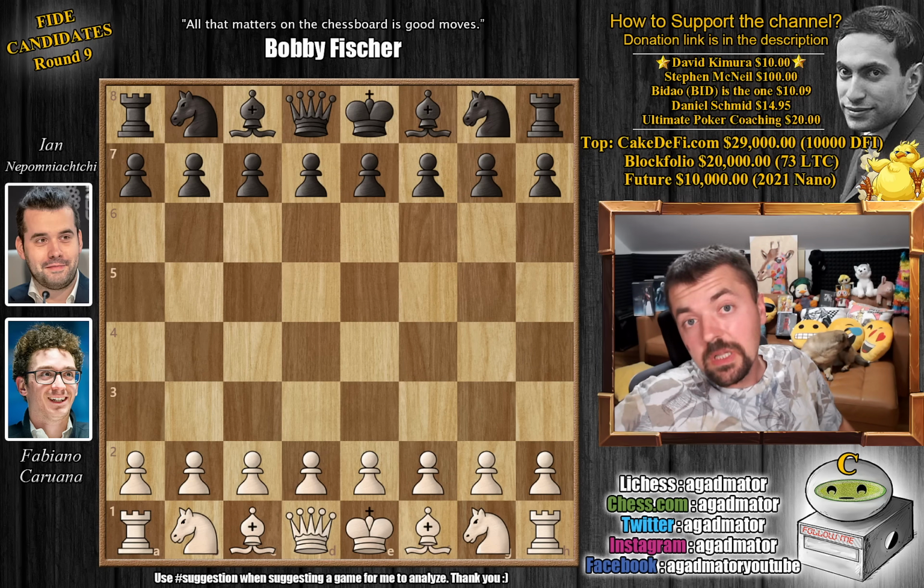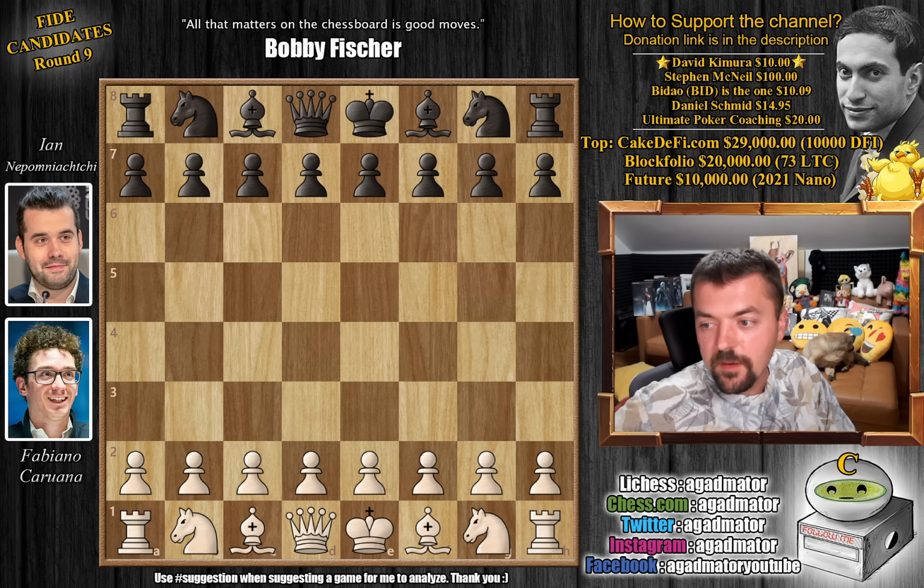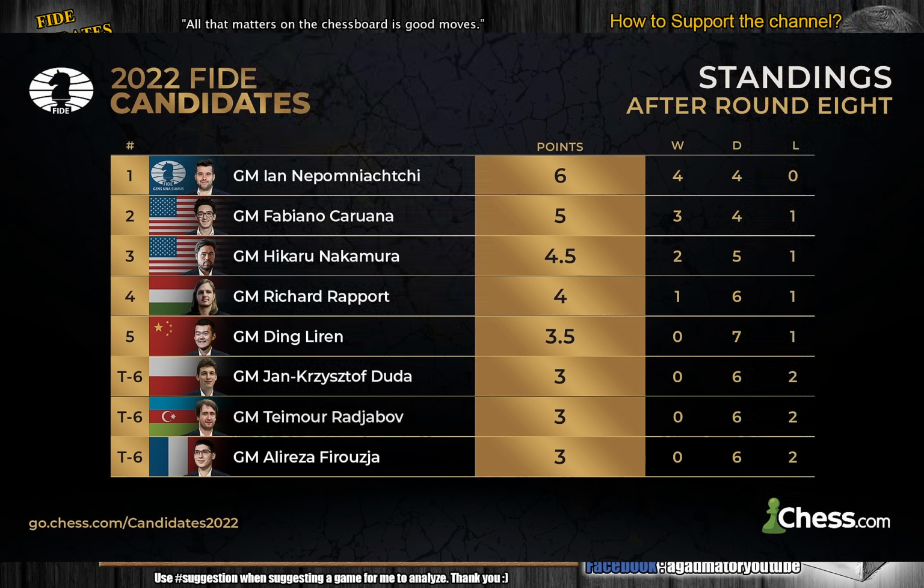Hello everyone and welcome to what could be the most important game of the second half of the Candidates Tournament. The leader Jan Nepomniachtchi faces Fabiano Caruana. Fabi has the white pieces in this game, and if you forgot what the standings were, these are the standings after the previous round. So Nepo leading with 6 points and Fabi trailing with 5 points, with Nakamura on 4.5